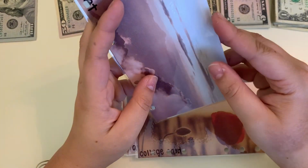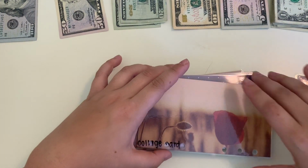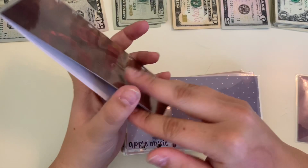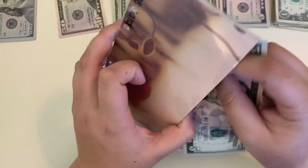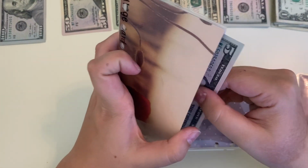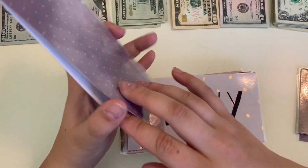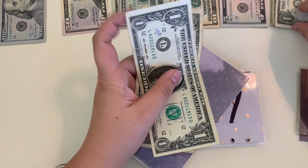And all my envelopes are coming undone. I need to re-laminate them. All right, my college card is getting $5. All these bills feel so new. All the 5s feel new, the 50s feel new. Yeah, it's very nice. All right, college card. Apple Music is getting $4. 1, 2,